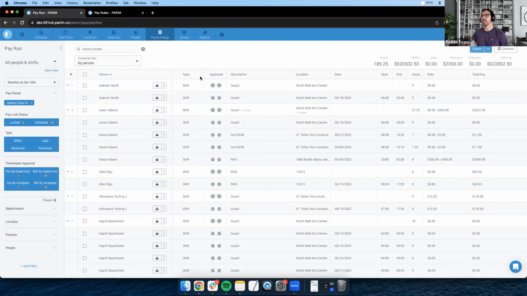Opening it up, what we're seeing here is all shifts that have happened within that pay schedule. So this one has ended on the 9th, the 10th being the end of the pay schedule. These are all the shifts that have occurred during that pay schedule. As I mentioned earlier, if you remember,